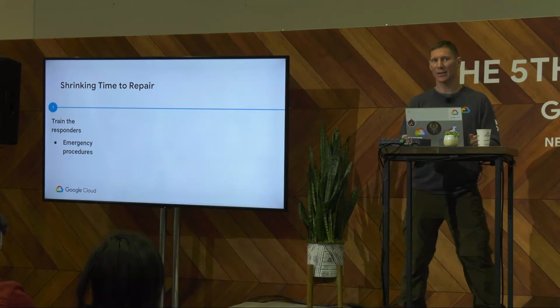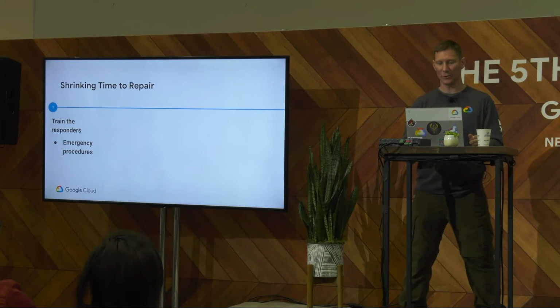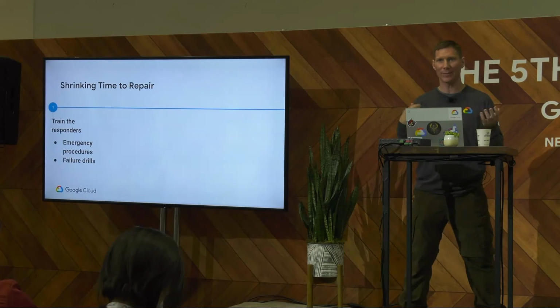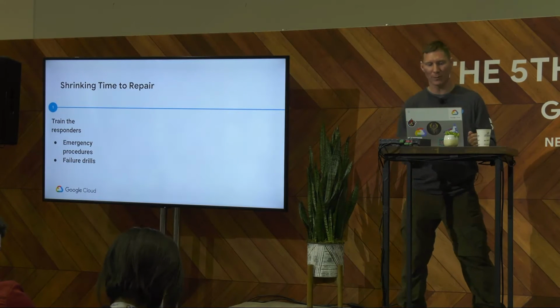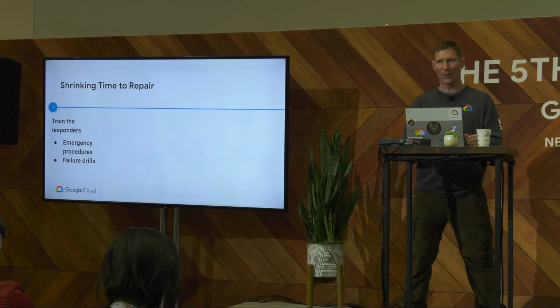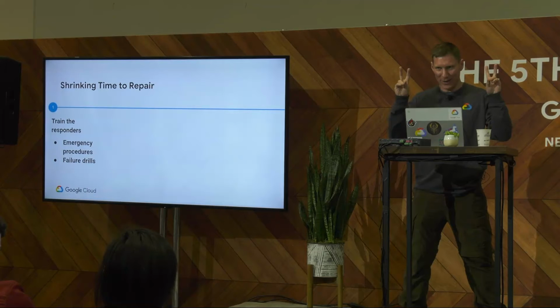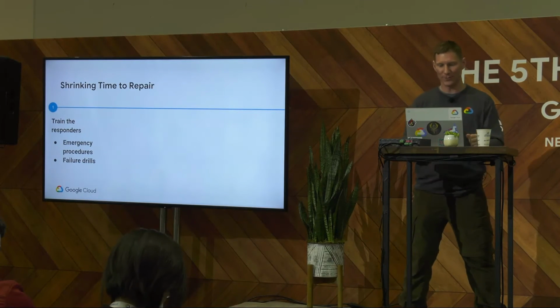To keep it fresh, a lot of teams at Google run weekly failure drills. We call them wheels of misfortune because we choose somebody at random and make them try something, like fix some sort of problem in production. We call them volunteers, but we put that in quotes because they're more voluntold what to do.